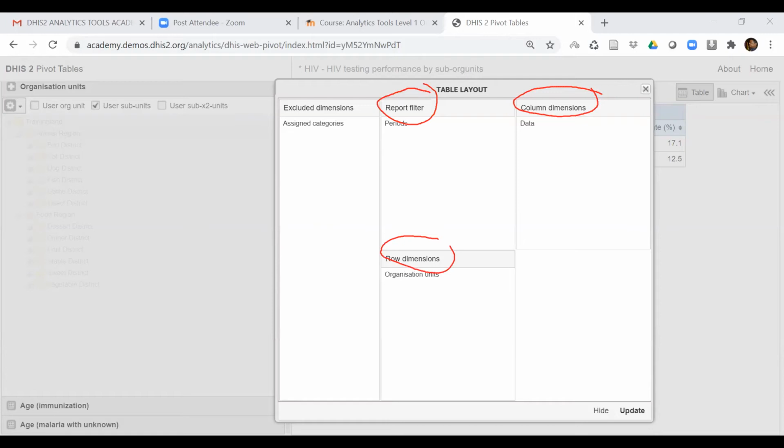What we want to do is move period from report filter to column dimension. Just drag and drop. That's it. You can even change the order here by drag and drop, and then click on update.